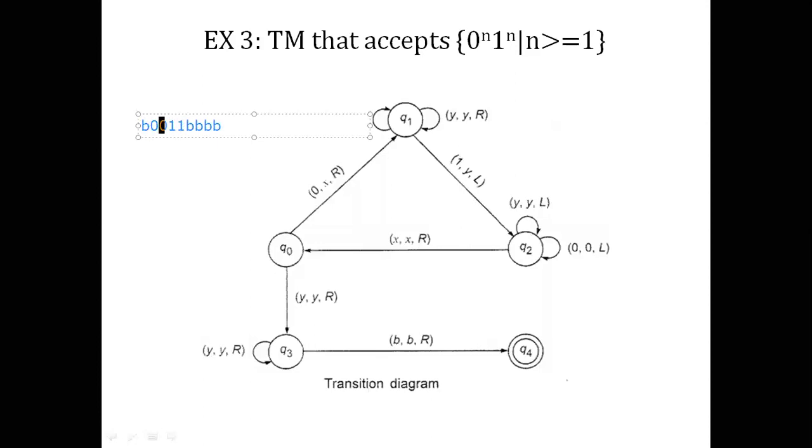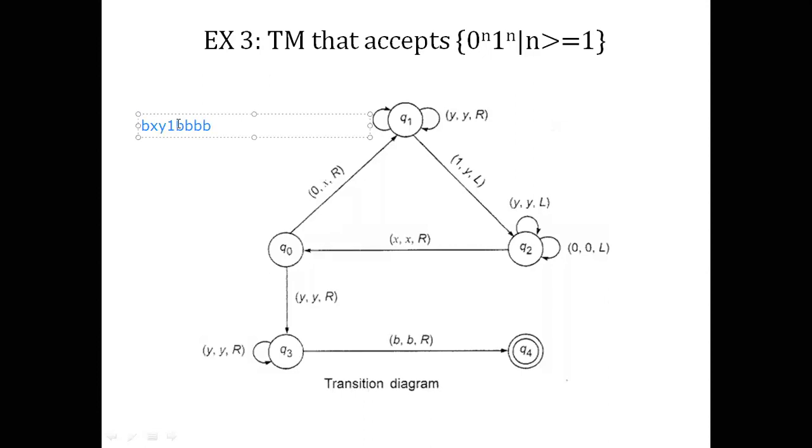I'll replace my first 0 with X, and I go ahead one cell at a time in the right direction till I reach my first 1, and I replace this first 1 with Y. As soon as I replace my 1 with Y, I again go back in search of my 0. So I'll go back and see, is there any 0 remaining in the string? I find a 0, so I'll read this 0, I'll write an X instead of that, and then